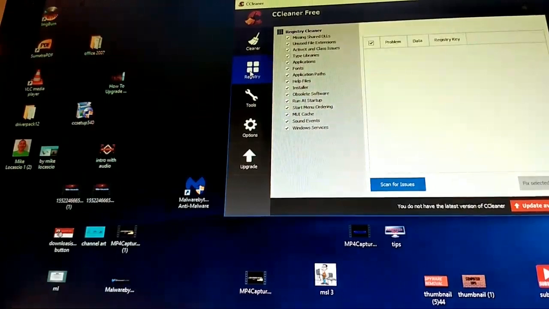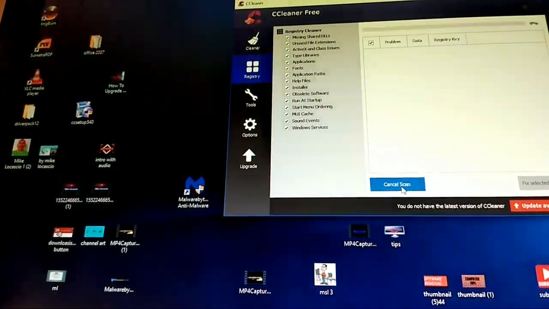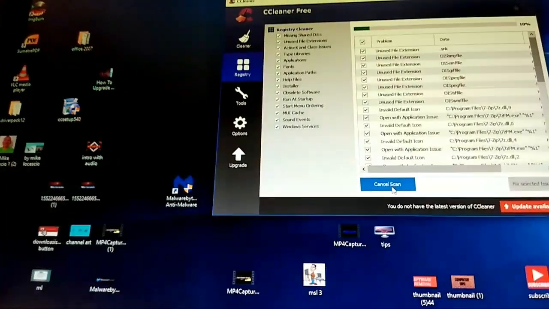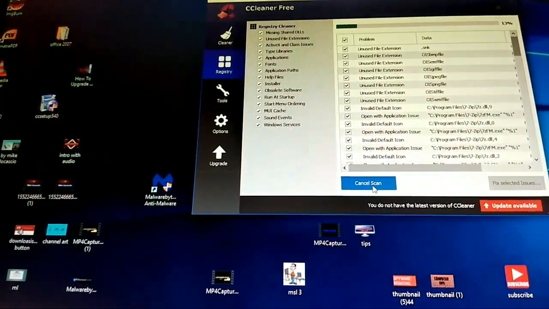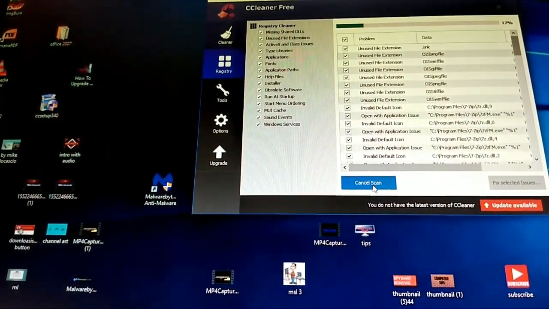You click on registry, and you click down here, scan for issues, and then see it's finding registry issues. Now all these things are registry problems. What's the registry? Well, when you uninstall programs, when you download things, all the files don't always go where they're supposed to. So you have to get a registry cleaner like this, and you go in there, and this will